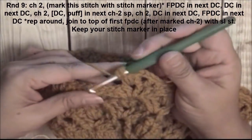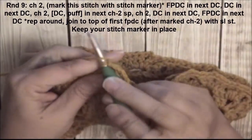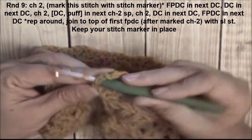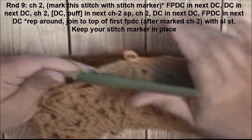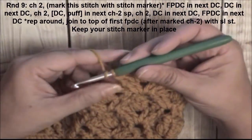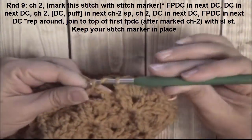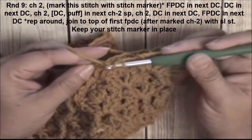And then we're going to do a double crochet in this double crochet right here, right next to it. And then we will be working a front post double crochet around the last double crochet. Okay, so that is the repeat. I will do one more repeat. We're skipping over these stitches here, and we're going to be doing a front post double crochet around the next double crochet, and then a double crochet in the next double crochet,